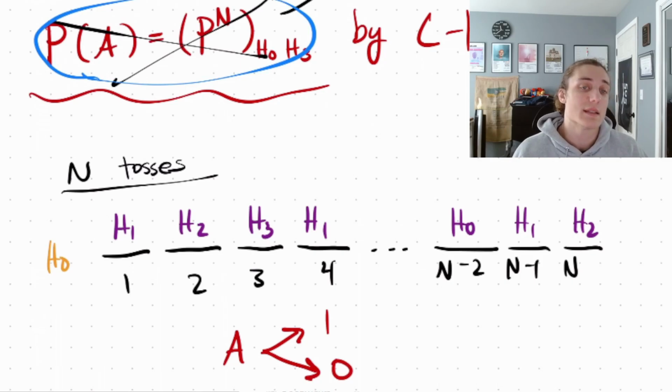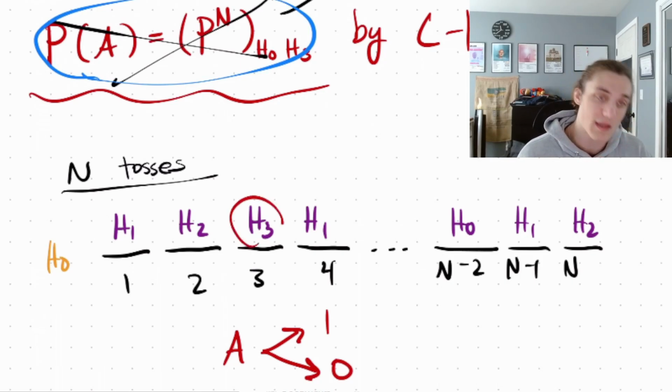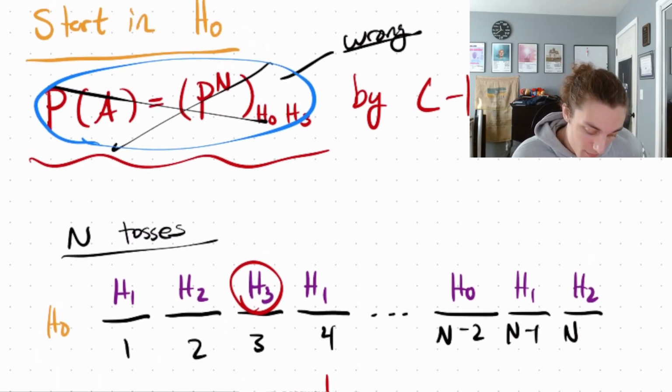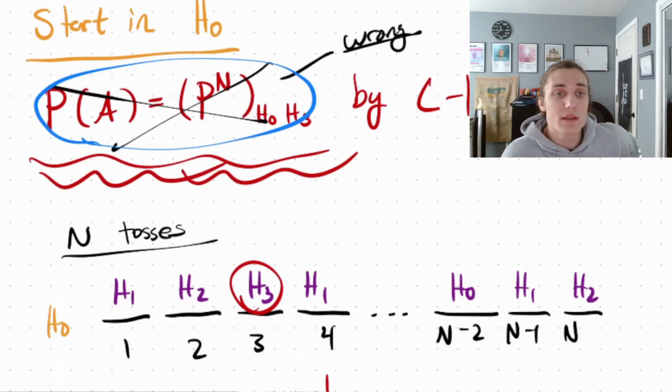This is a success for event A because we have H3 here. That means we saw a chain of 3 heads. We saw it actually on the 3rd toss. Okay? What Chapman-Kolmogorov in this form is saying, this form that I said is wrong, is saying what is the